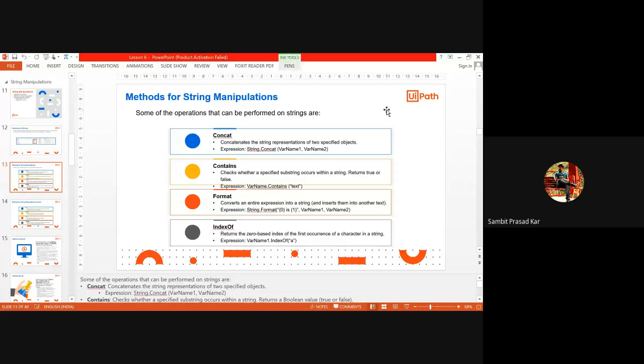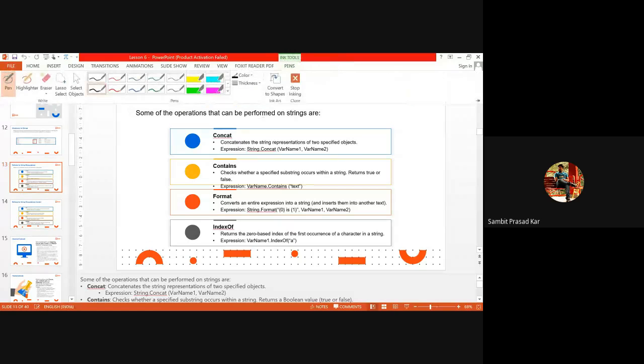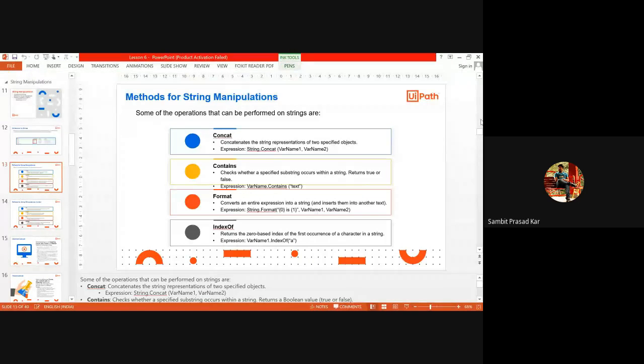Suppose one string s is equal to "I am", and another string t is equal to "a teacher". Now suppose you write x equal to string.concat(s, t). So your output of x will be equal to "I am a teacher". Understand?